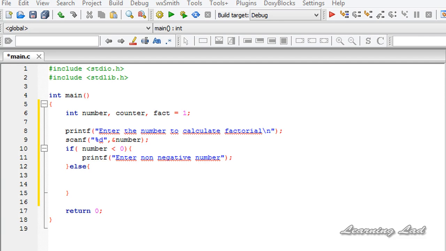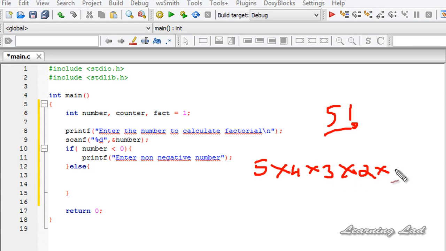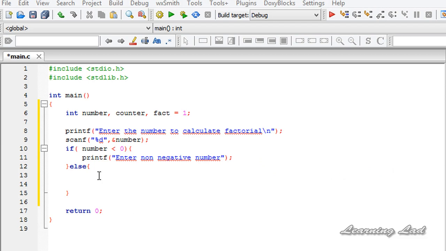So for example, if the user is going to enter a value of 5, then to calculate the factorial of this 5, we need to perform 5 into 4 into 3 into 2 into 1. So I'm going to use the for loop here, and it's going to be for,